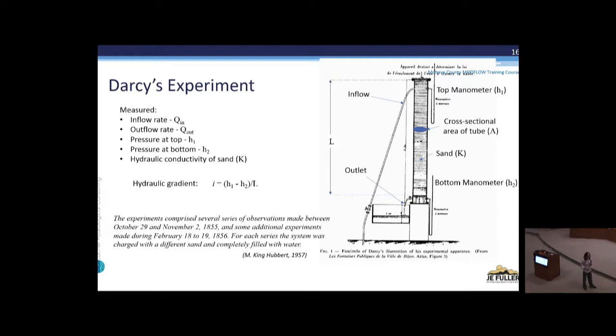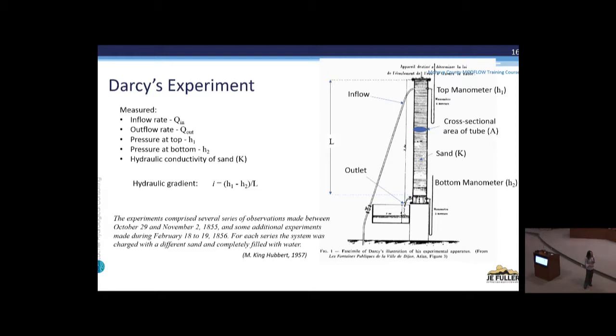He didn't really go to great lengths to define conductivity. It's just a coefficient. But hydraulic gradient then is defined like this. It's the head here minus the head here divided by the length of the tube. Pretty simple stuff. And so Darcy ran a bunch of these experiments, and it says here, the experiments comprise several